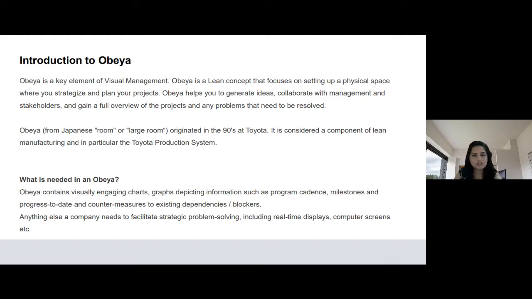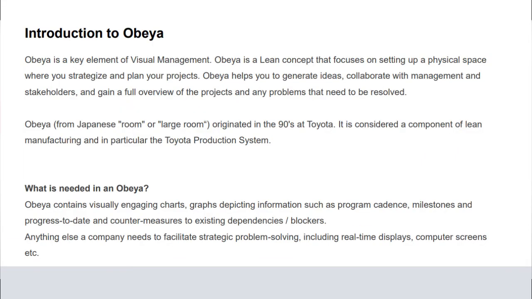Many people use the word war room nowadays, but a war room is at the team level, and an Obeya room is more at the tribe or a little higher level, where all the squads or teams can be put together to help resolve those problems.